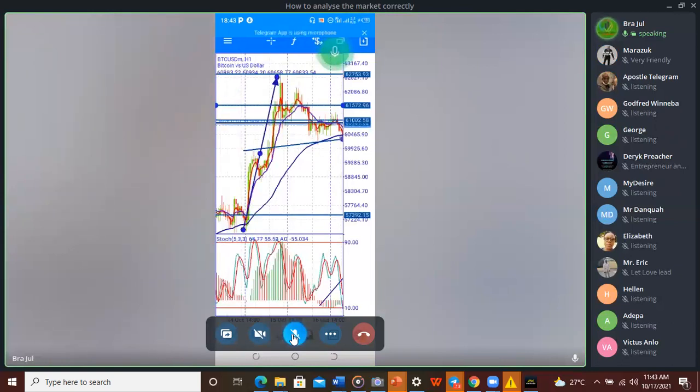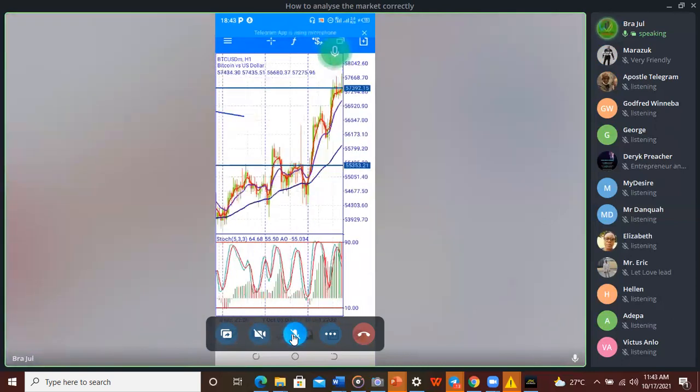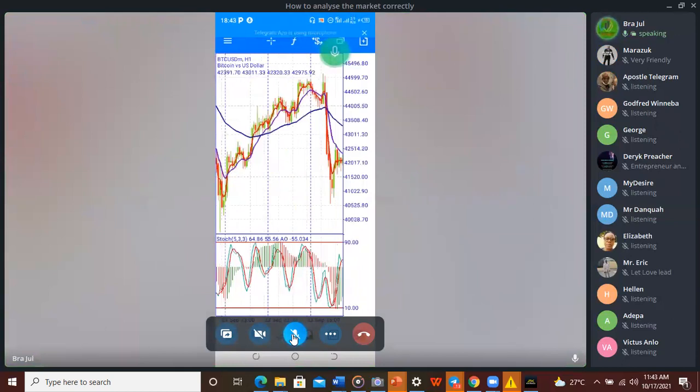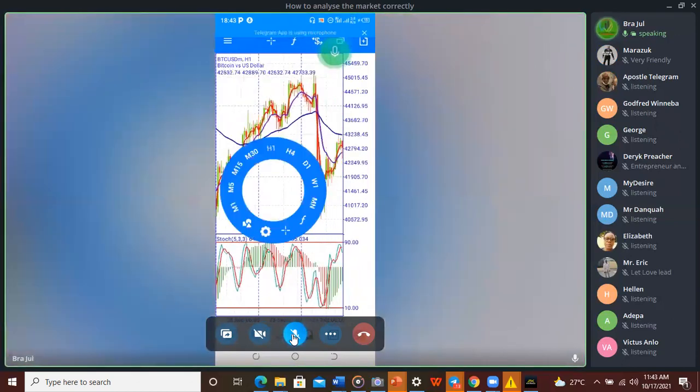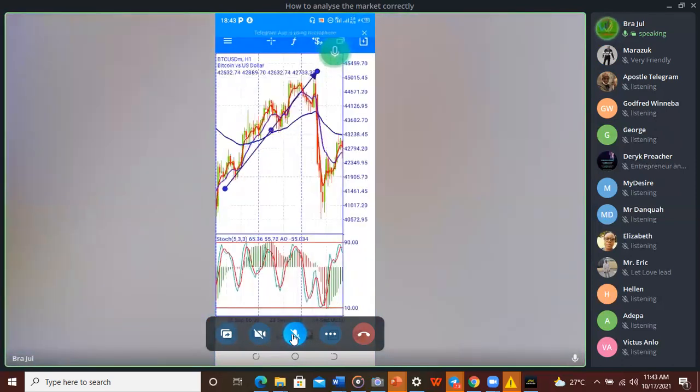It started going down, but I want to get a very sharp resistance level for that chart. So let's take this place where the market was going up from here to this level, and as it got there,